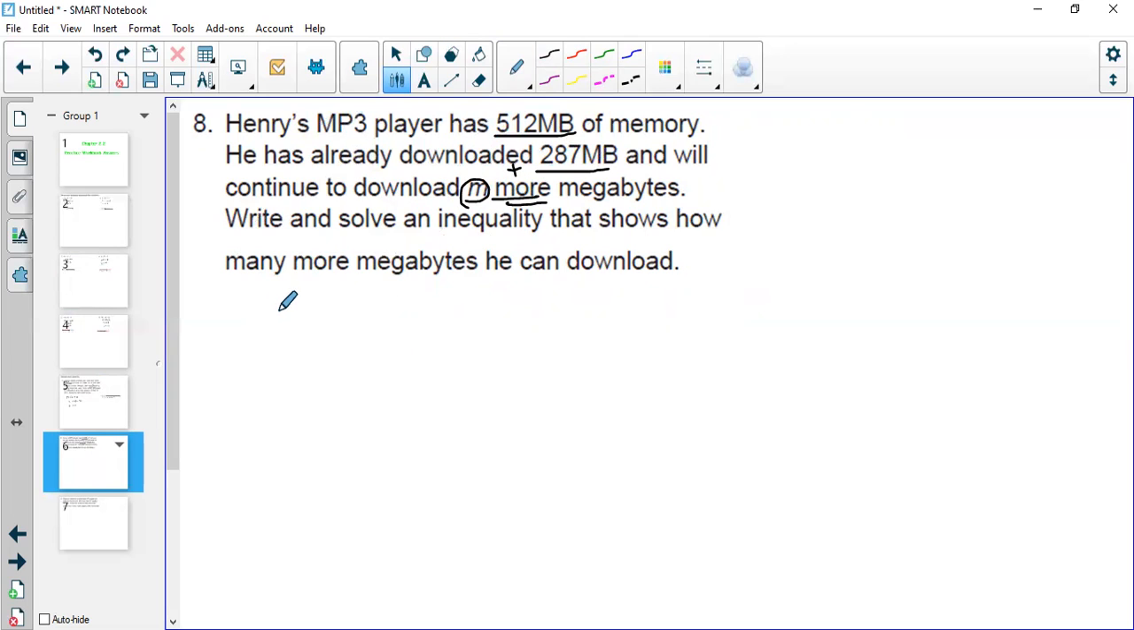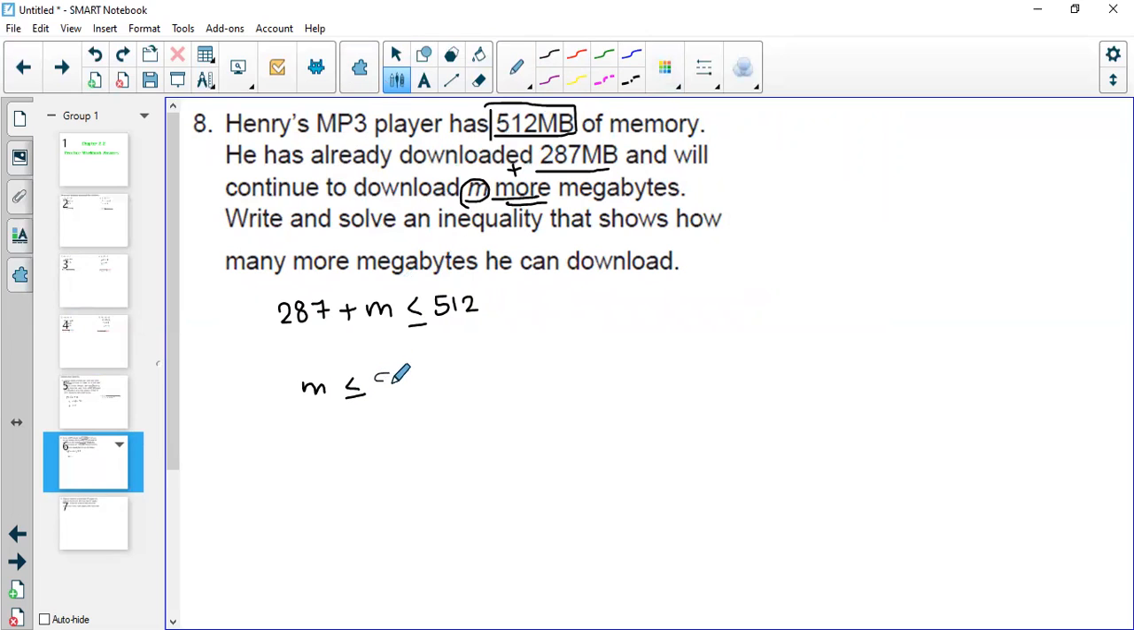So can I write the equation in this form? 287 he has already downloaded and he will still download. So that's M, they said more megabytes, should be less than or equal to 512. Now why did we choose less than or equal to? Because the capacity means the maximum is 512. You cannot do more than that. So it can be equal to 512 or less than 512. So to solve this,